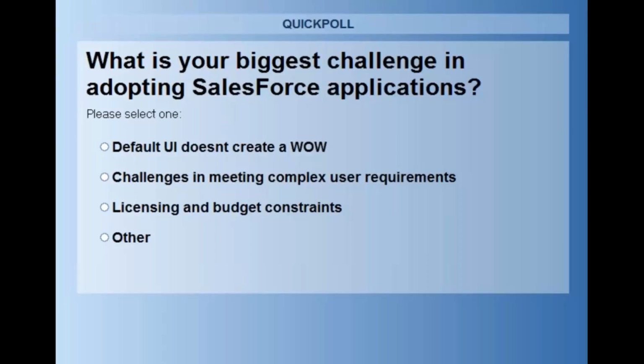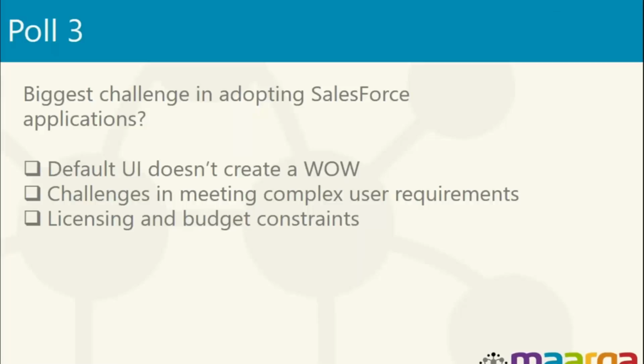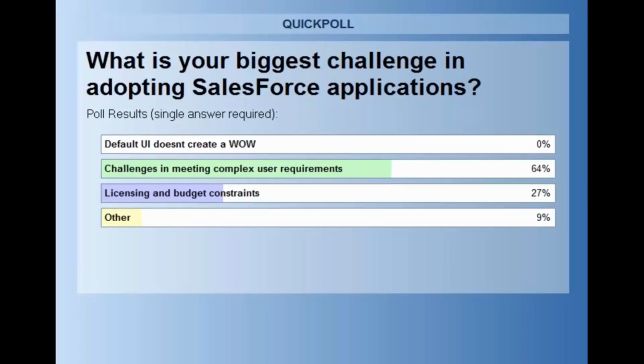Okay. More than 60% of the people have voted so far. A few more seconds for others. And here are the reasons. Okay, I can see that primarily there are challenges in meeting complex user requirements as one of the critical responses from all of you. So one of the things that I would like to leave you with is,